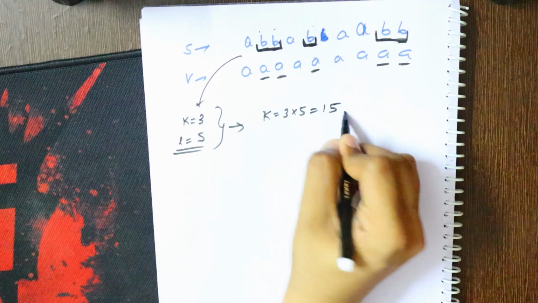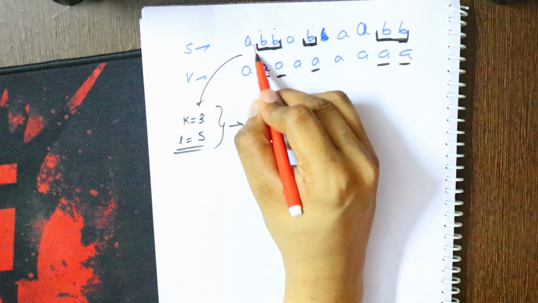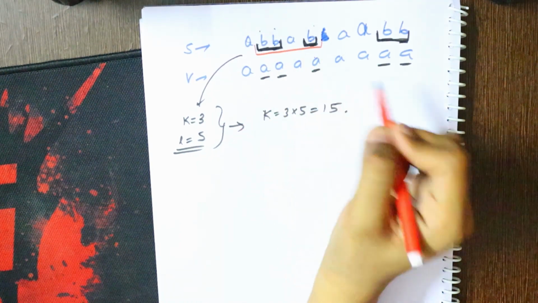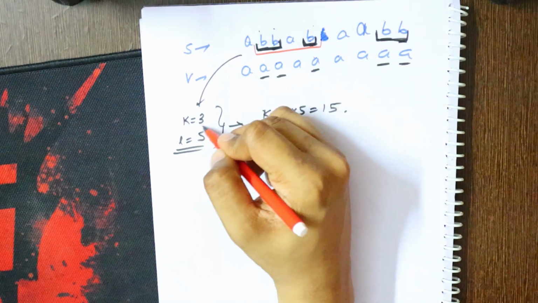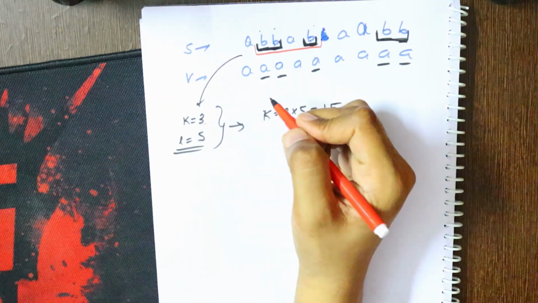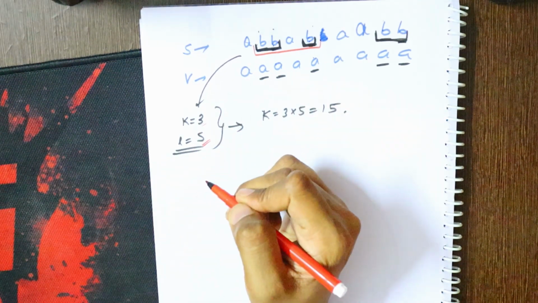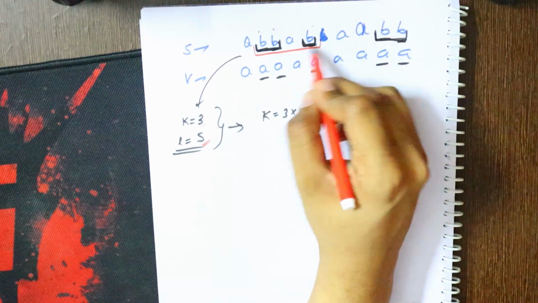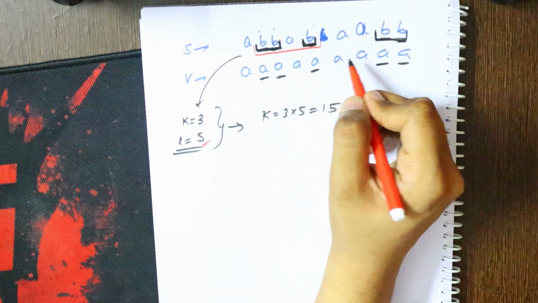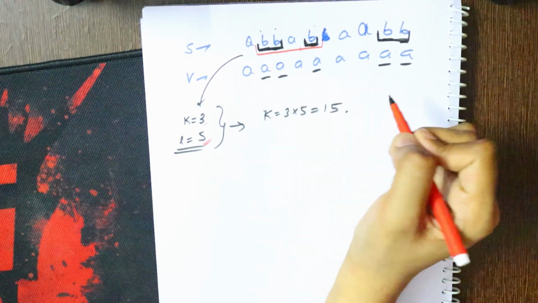So the basic intuition is that we will have k equal to 3 into 5, which is 15. But now you will think, Aryan, what if I also include this whole range? Because if I include this whole range, then the value of k actually reduces, but in the same condition the value of L will increase. So now you will ask, Aryan, why did you not include the range which is here? You can also include this range, or you can also have the whole range.